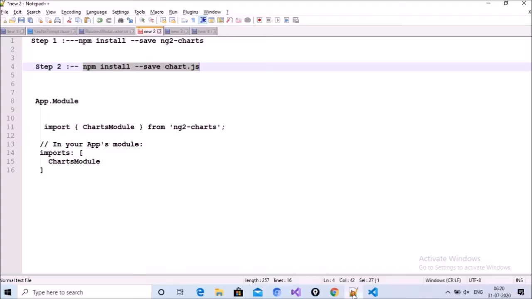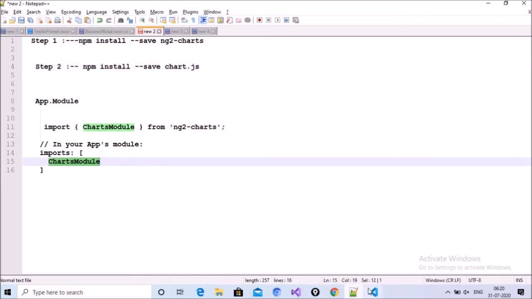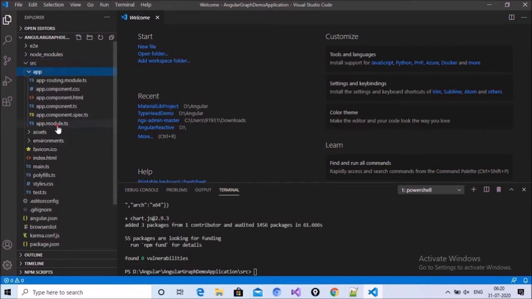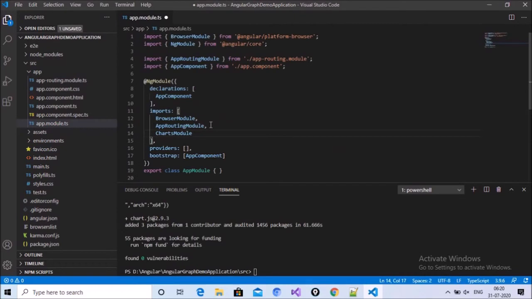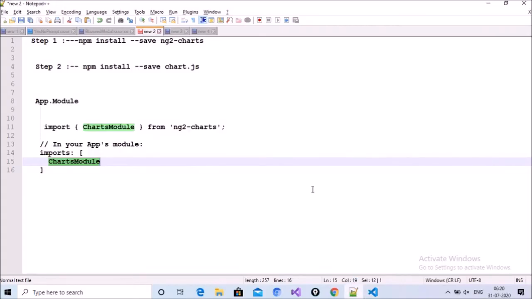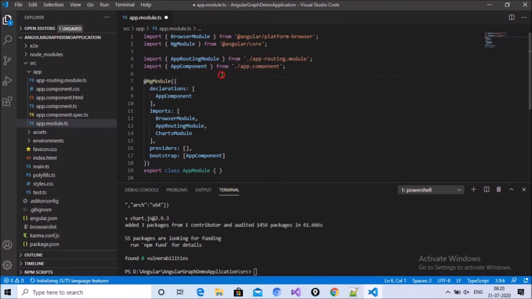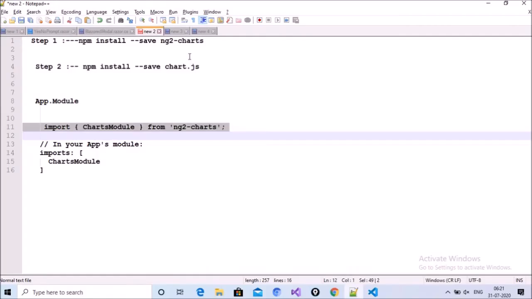The next step is to add the chart module in app.module.ts. Open your app.module.ts and paste the chart module import here, and after that copy this one and paste it here.